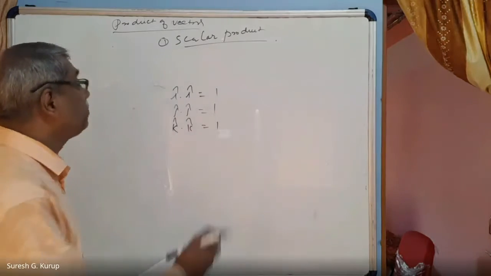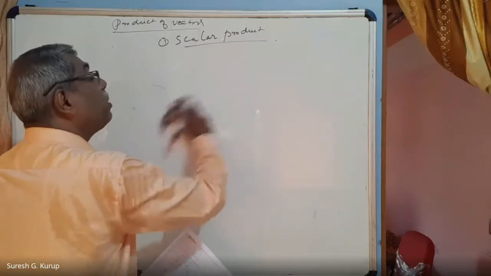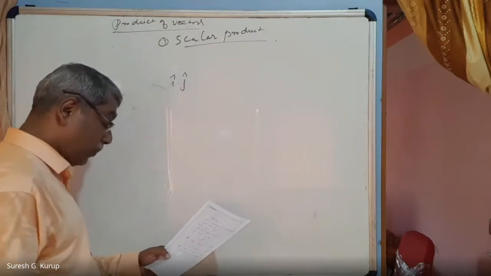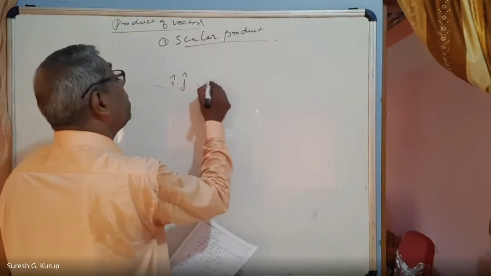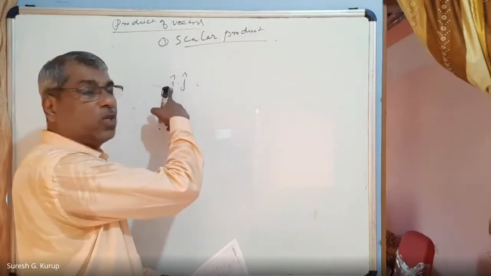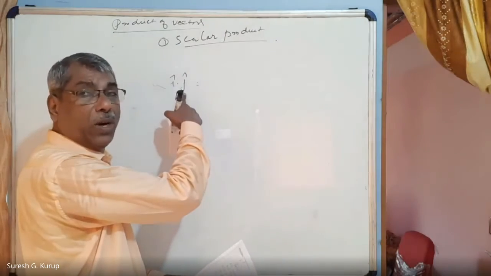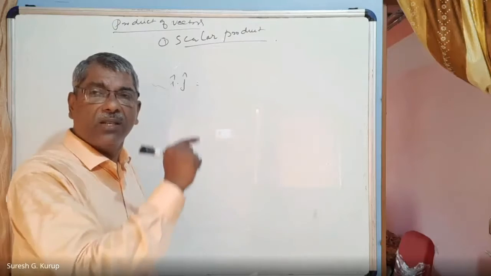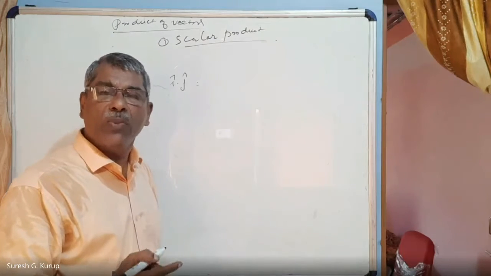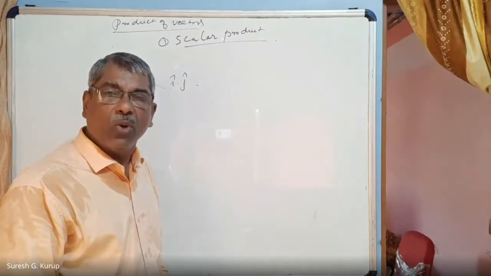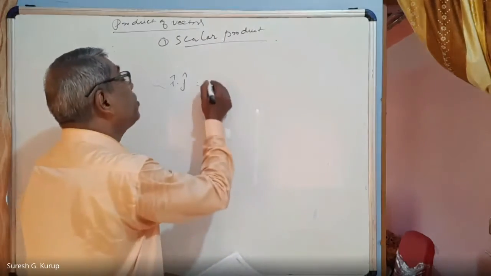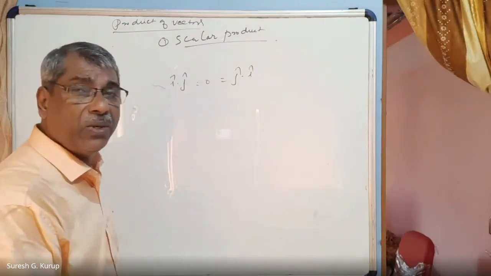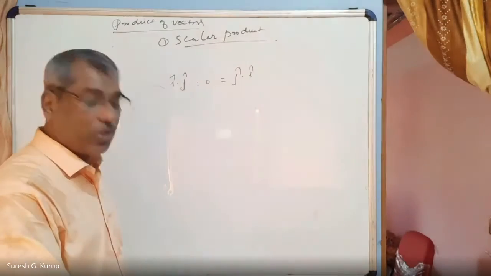Then next is crossing. Crossing means i multiplied with j. What happens? i dot j. i dot j is equal to, the magnitude of the first vector is 1, and the magnitude of the second vector is 1. That is 1 into 1 is equal to 1. What is the angle between i and j? i is along the x-axis, j is along the y-axis, right? Therefore, the angle between them is equal to 90 degrees. So cos 90 is equal to 0. Therefore, this is equal to 0. The same is equal to j dot i also we can write. i dot j is equal to j dot i is equal to 0.